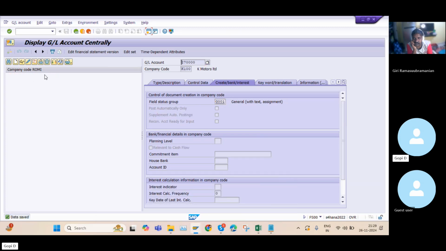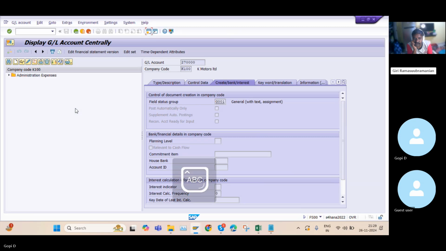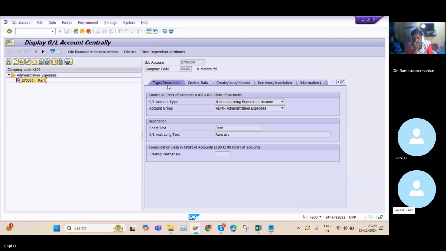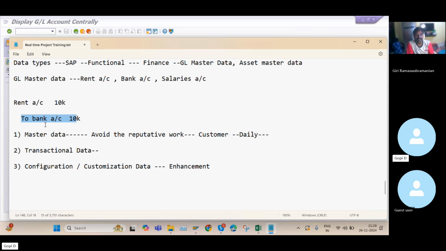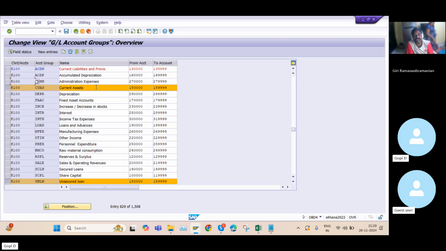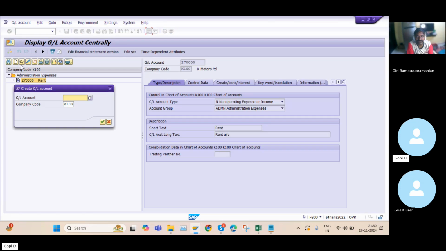So now my data was saved and I need to check my company code K100. So now you can see my rent GL account is created in this place. So now I want to post some rent account data to bank account, right? So I need to create one more GL account which represents the bank. So bank is a current asset. Am I correct or not? So bank is a current asset. I need to take this number 1,80,000. So now I need to go to here, click on create 1,80,000,